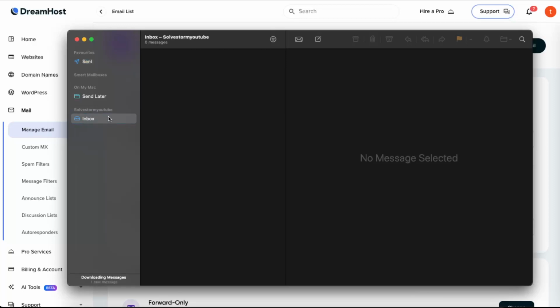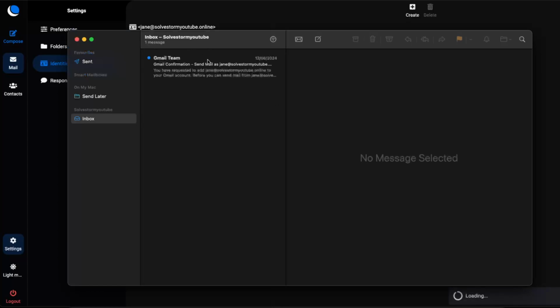And here it is. Now we have it right there. It's all connected because it's the same as on my DreamHost mail. I have the same message. So it's now all